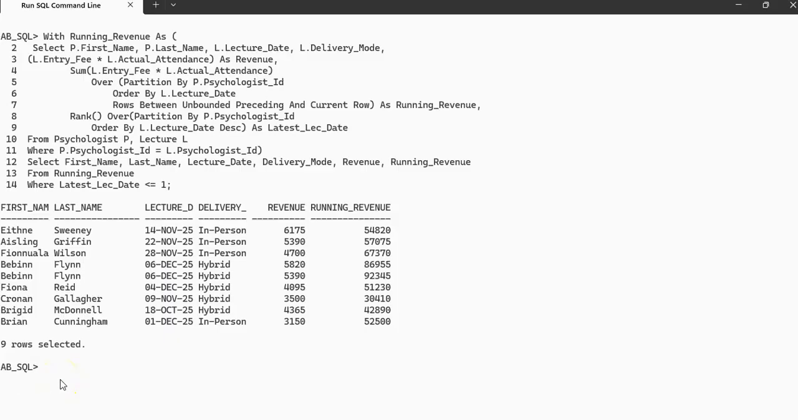Also, we can see Mr. Flynn has the highest revenue accumulation over time, that is 92,345 euros. And second position goes to Miss Wilson, who has the revenue total of 67,370. In conclusion, we can say this query demonstrates effective usage of the analytical sum function for running totals, windowing clauses